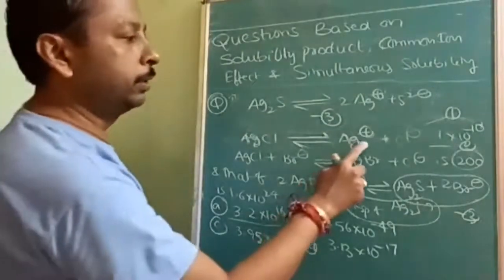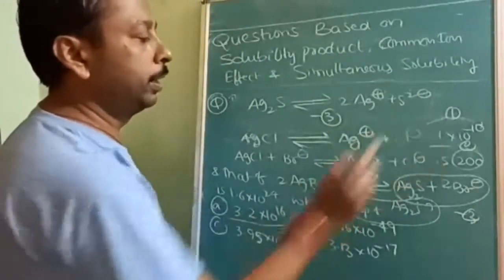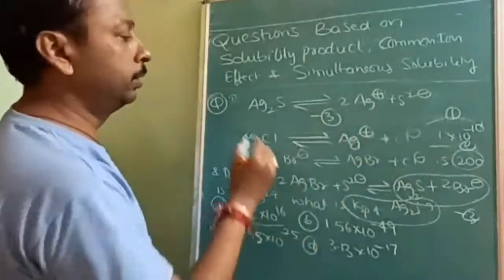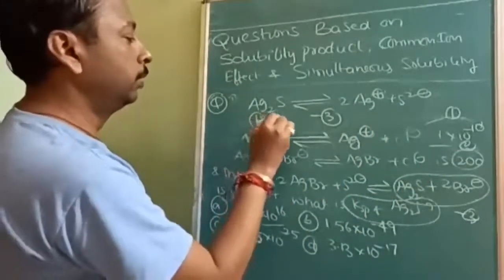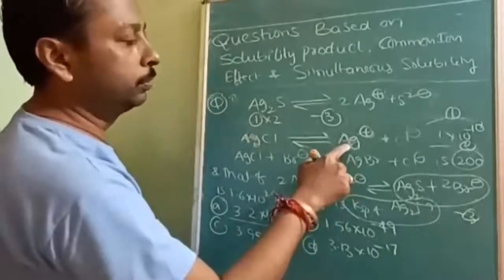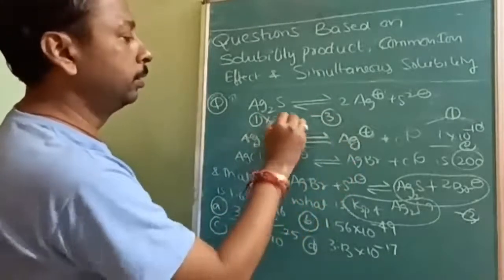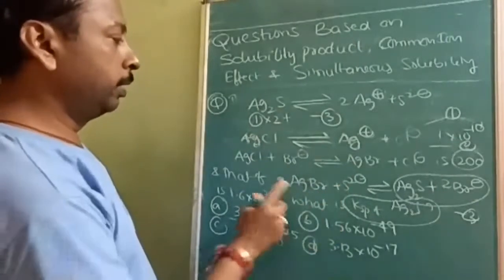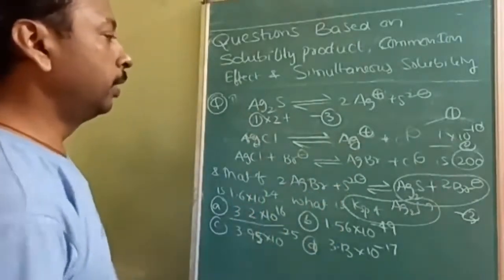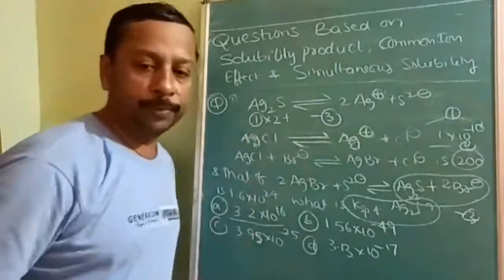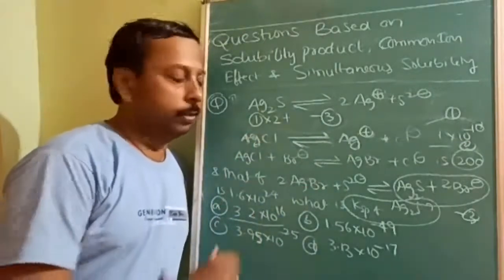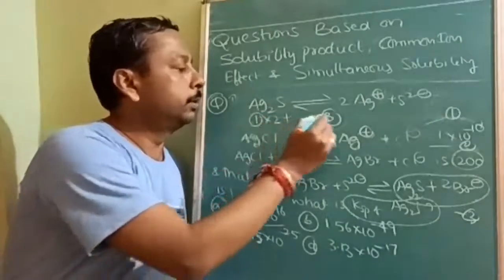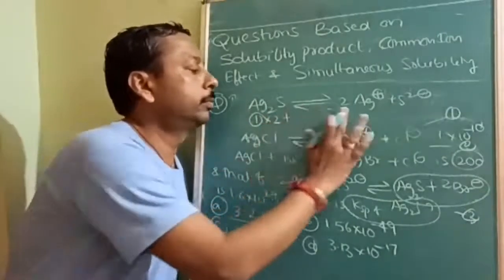And equation 1 is on the right side, and we want it there too, but it will be 2 moles. Why? Because we need 2 Ag. S2 minus is here, but 2 Ag will be here. So like that, if you manipulate them, what will be the equation? You will get 1 minus 3 and minus like this.